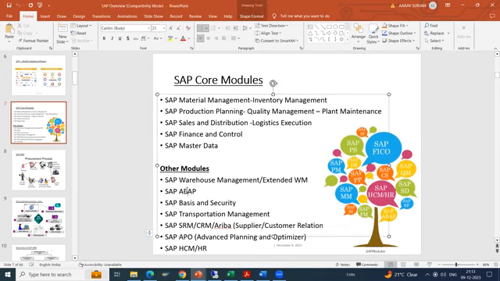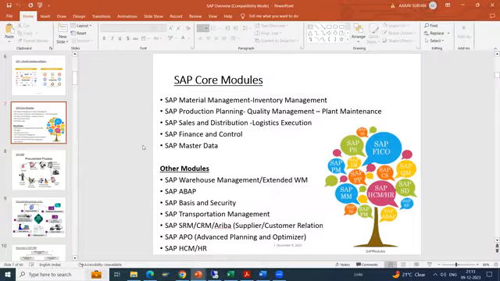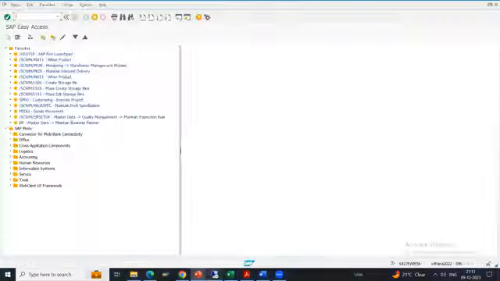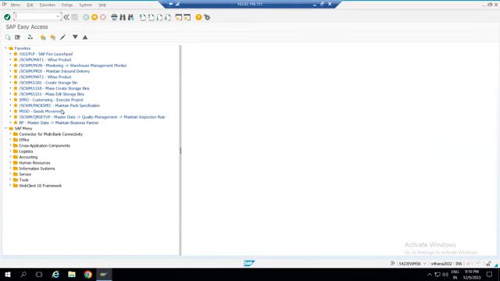So we will not have this training. We will be doing the training on EWM, and for EWM, the prerequisite is MM. So we will start with the creation of the purchase order and sales order, where it will be a kind of functional training. You will visualize it from the business standpoint. This is the system we will have.